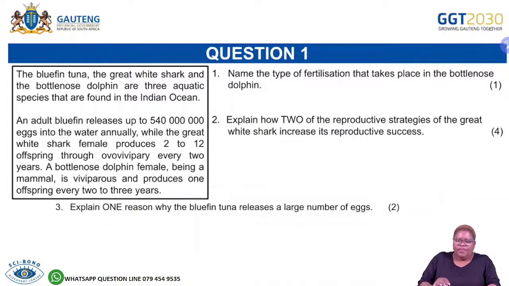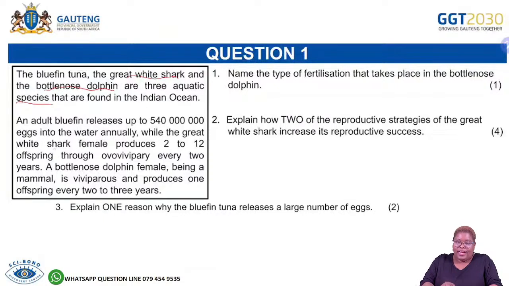Now, the first question, let's read through this scenario and then attempt the 3 questions. So the bluefin tuna, the great white shark, and the bottlenose dolphin are 3 aquatic species. Already you know the type of fertilization taking place there. You must analyze quickly as you are reading to just guess what could be the question, what could be the answer, right? An adult bluefin releases up to 540 million eggs into the water annually, that is in a year,